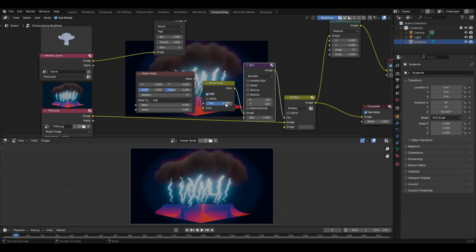Also, if you want, you can try to change the factor value in the invert color node to change the multiply effect. But for now, we'll be keeping it to the value of somewhere near 0.75 or 0.8. Similarly, you can also try to change the values of the width or the height in the ellipse mask node, and in this way, you will be able to change the region where the effect is being applied. And with this, we have now understood about the concept of the layers and the masks in the compositor. And with this, we now arrive to the end of this chapter.